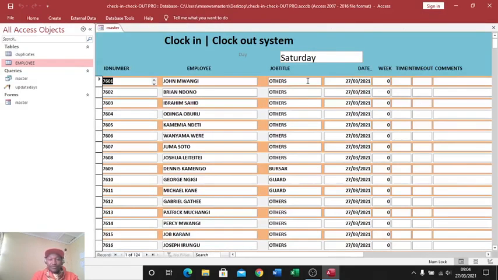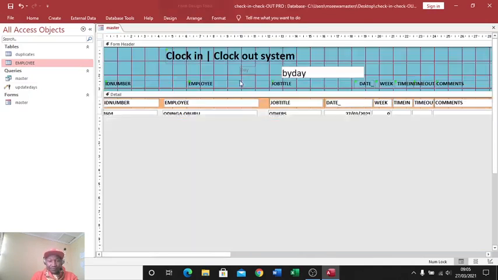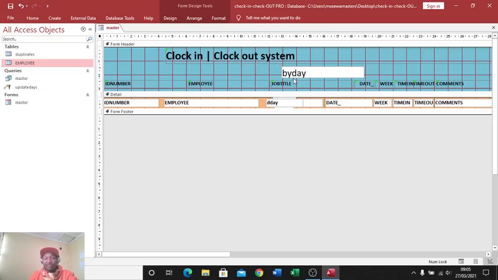Therefore you see we are on Saturday, but if again we update this one, you'll definitely get that tomorrow. When tomorrow reaches, just double click this, then it will automatically change this one to Sunday and update Sunday's date here. Therefore that is something we had not done in our previous